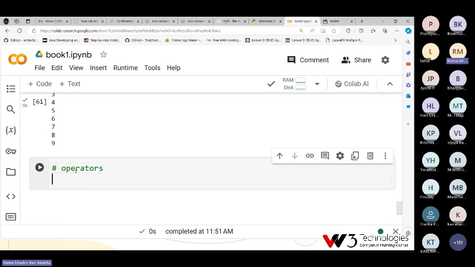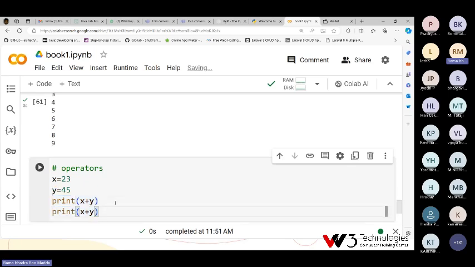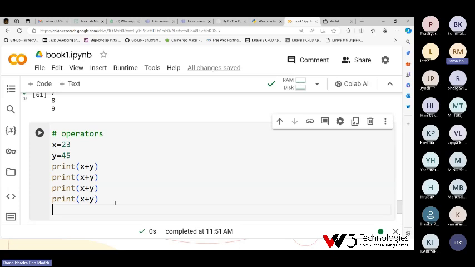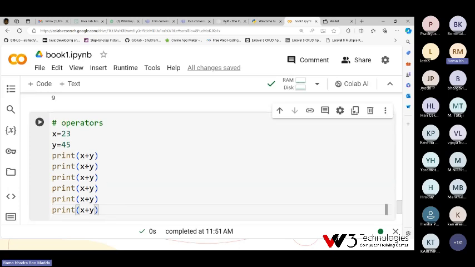Like arithmetic operators, I'm going to test. So if x equal to 23, y equal to 45, I want to print x plus y. Plus is an operator. It is used to add things. Like this I can use minus, asterisk, division, remainder, and power. x asterisk y multiplication, x by y, x percent y, and x power double star y.